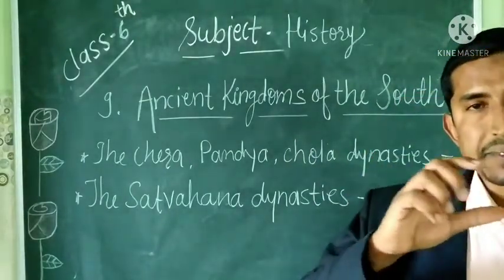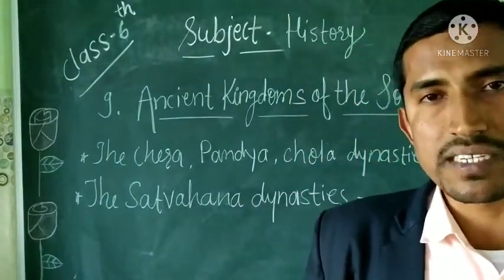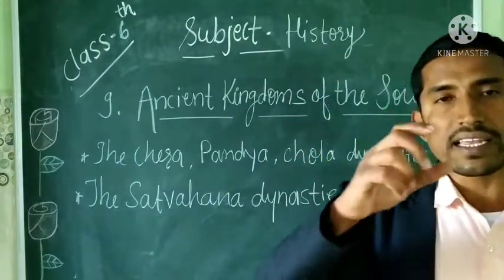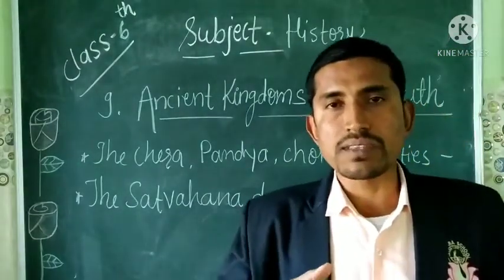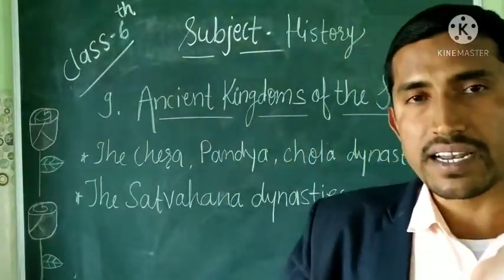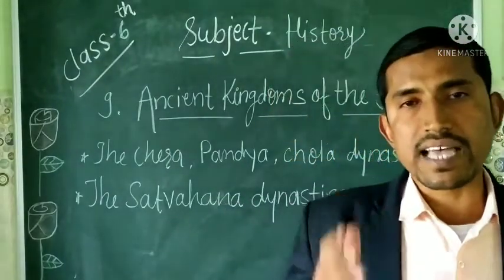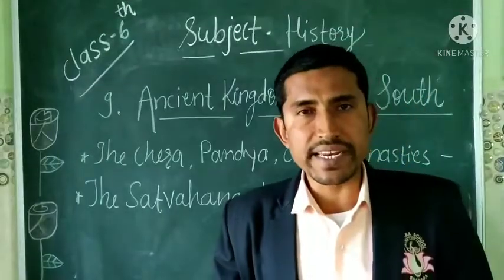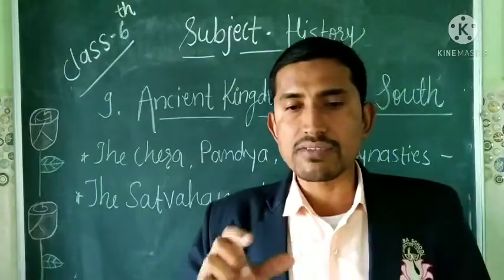A stone inscription near Nashik, one of the famous cities of Maharashtra, describes the brave deeds of King Satkarni. He had defeated the Shaka kings, and Gautami Putra Satkarni is also known as